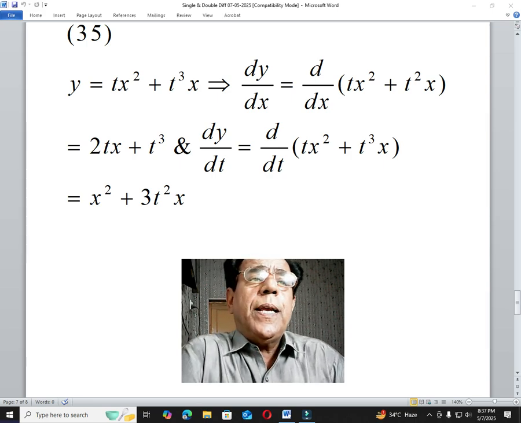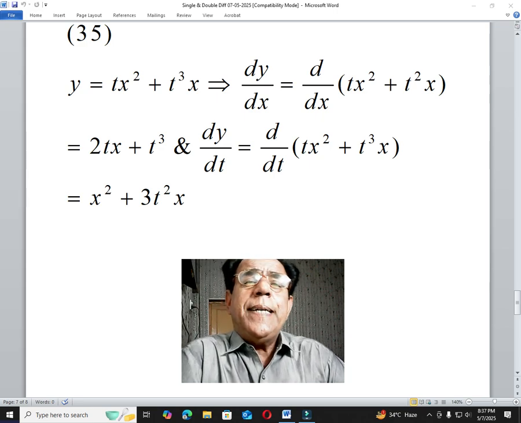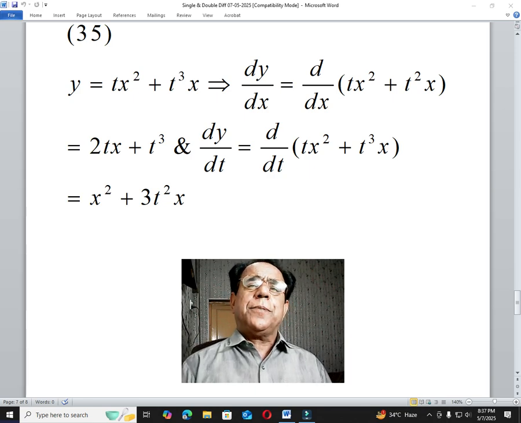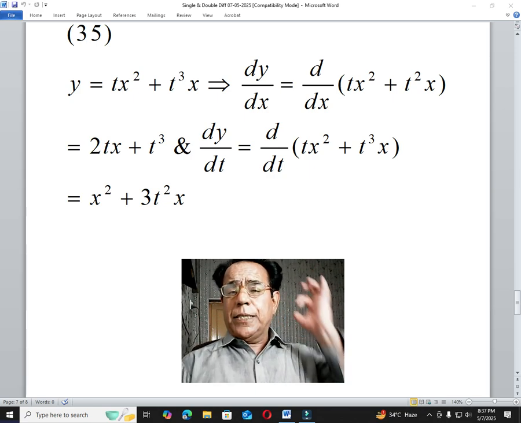So our derivative with respect to x will become 2x into t, or 2tx, plus